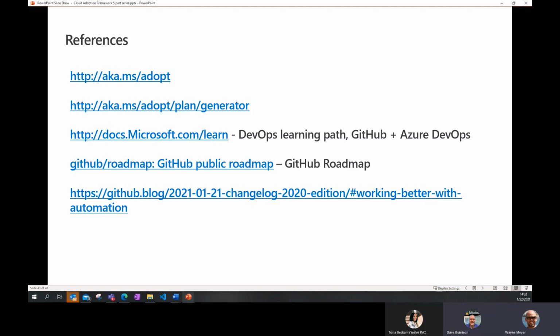Yeah, a little more on that link. GitHub has been evolving a lot, especially over the last year. It's been about 13, 14 months since we originally introduced GitHub Actions. Part of that blog post covers the changes to Actions that have been made in the last year.